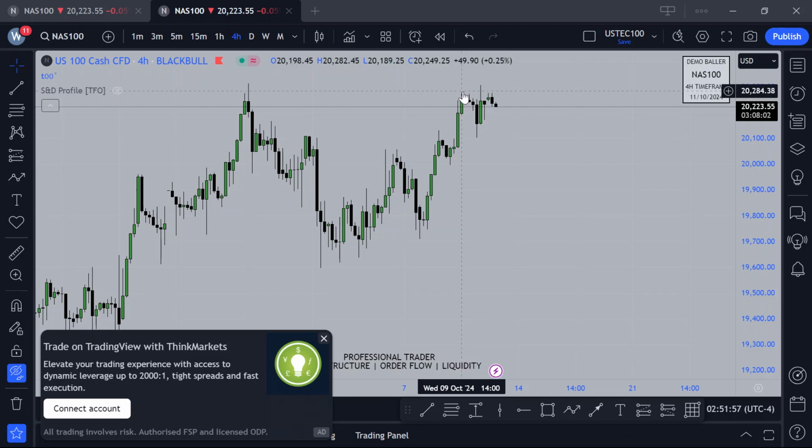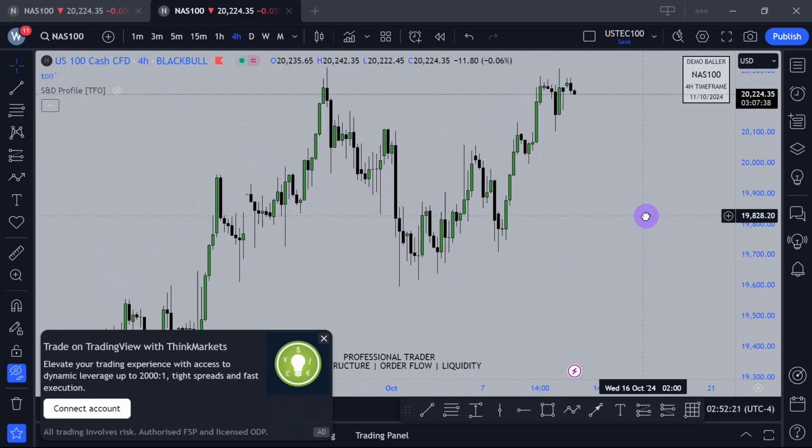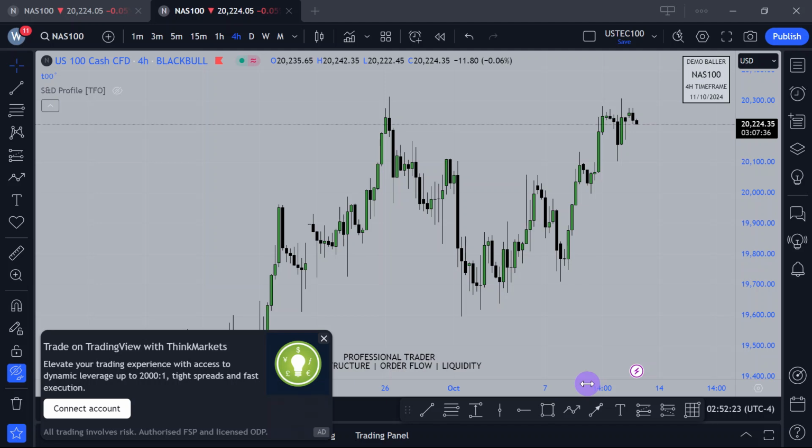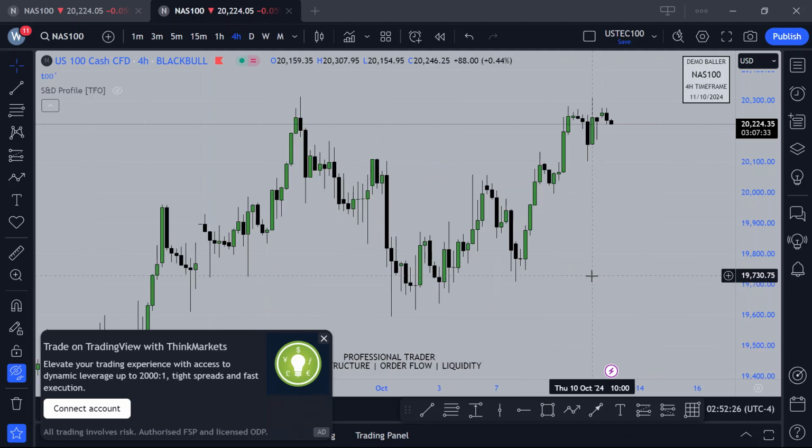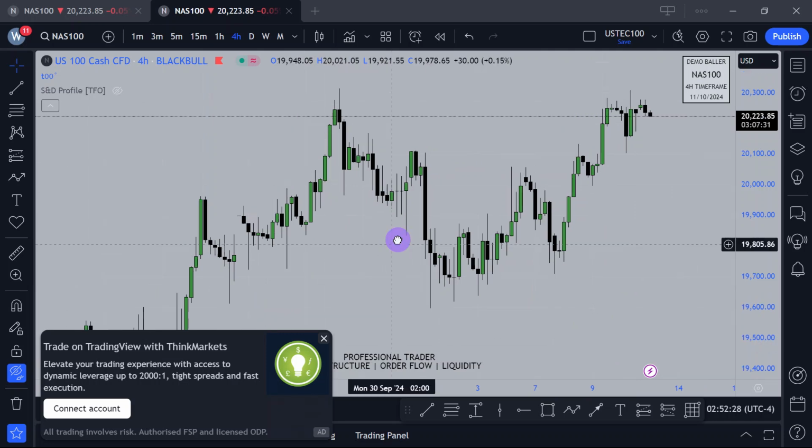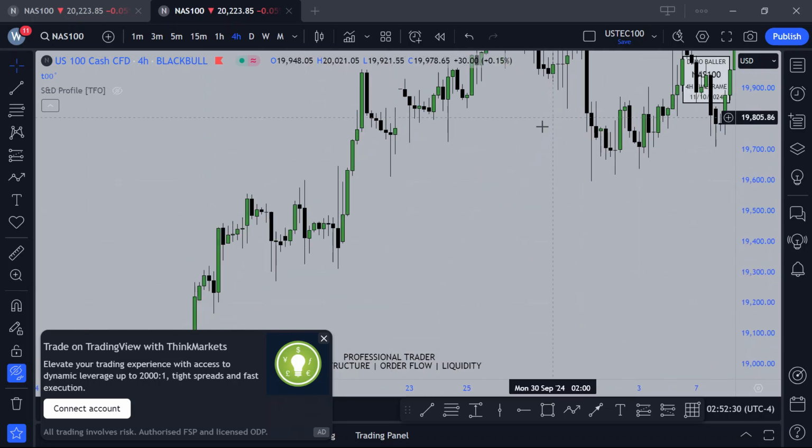Wednesday's high was taken yesterday on Thursday, and Thursday's high would then likely be taken today, as well as this high here. So our job is only to get in line with the market direction. So you need to figure out how you are going to get in line with the daily chart,